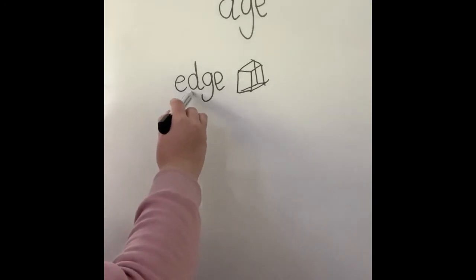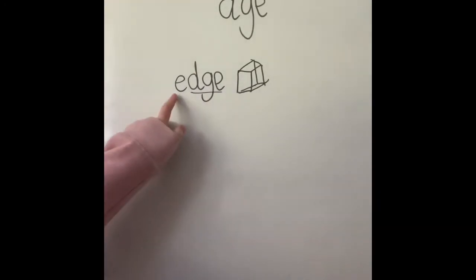Edge. How many sounds are there? Edge. 4 letters for only 2 sounds because remember, week 3, 3 letters, j go together. Edge. Right. Next word is